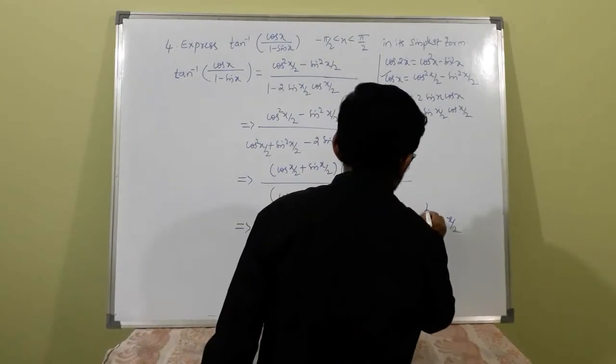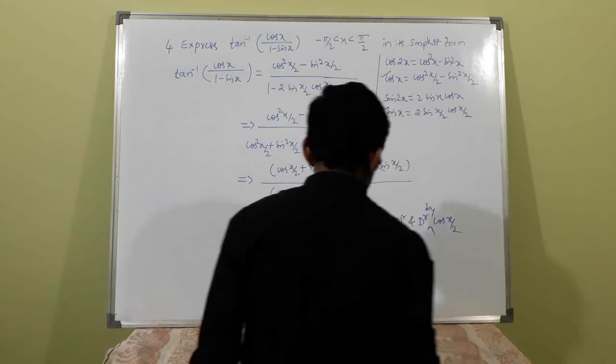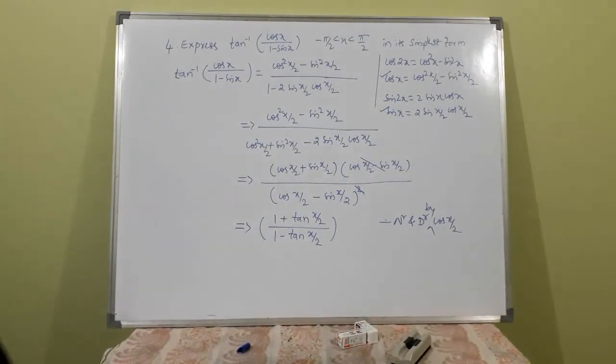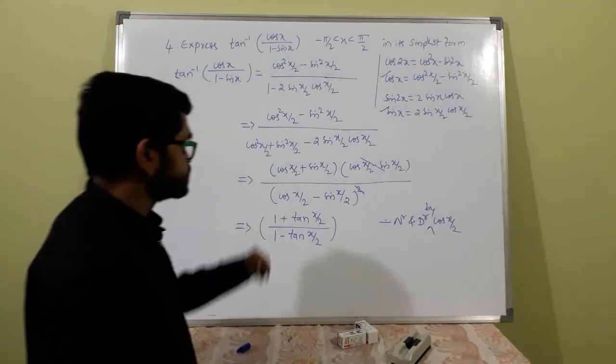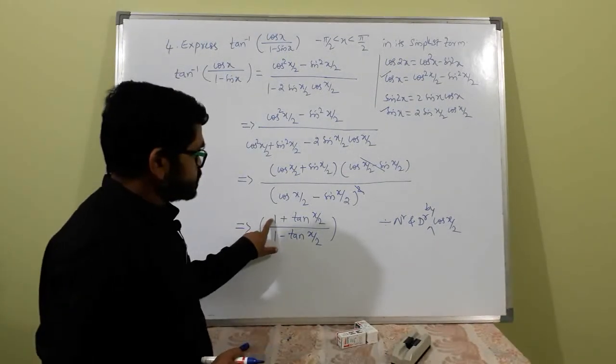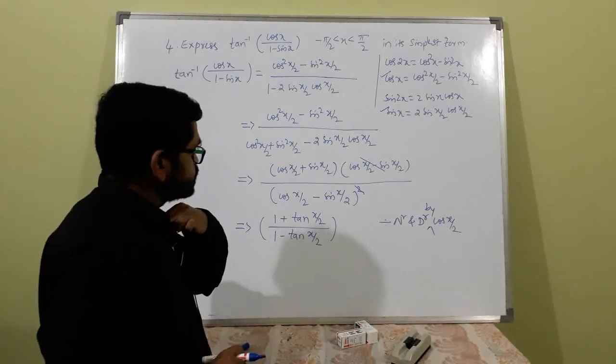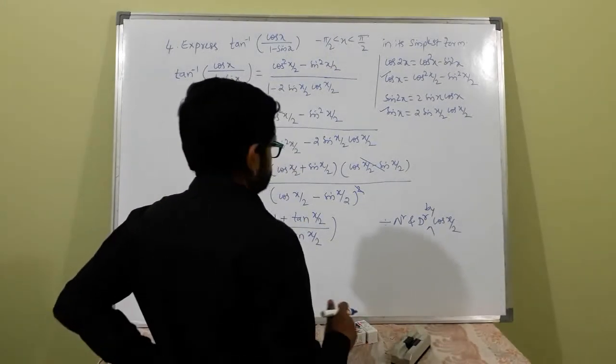Okay, let us write here. Dividing numerator and denominator by cos x by 2, you will get this result. What is this? 1 plus tan x by 2 over 1 minus tan x by 2. See here, what is